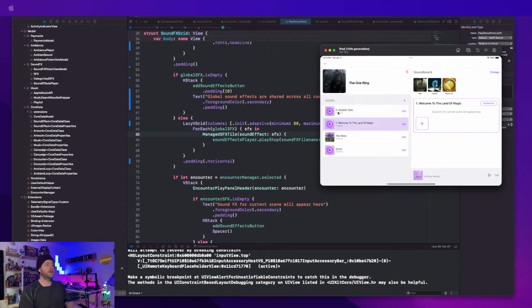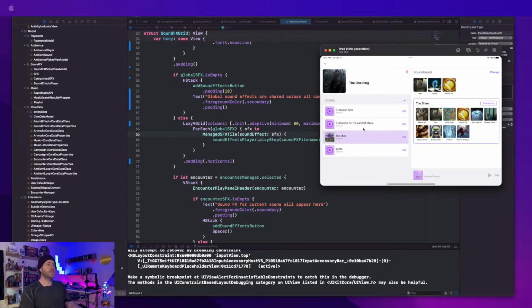Yeah, session 0, and you can play some music during that. Welcome to land of magic, and then these are just ordered by, you know, the progress of your campaign. So